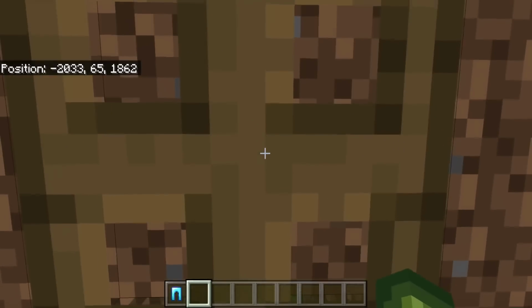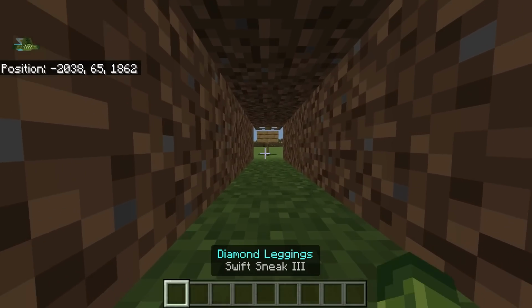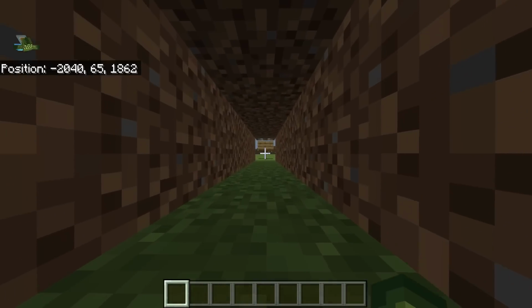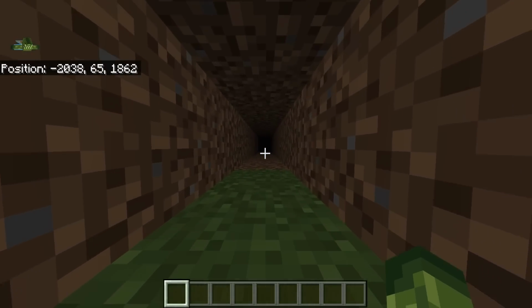So the default speed of this is this. And it's really, really slow. If you activate the Swift Sneak leggings, check it out, man. We got the zoomies. It's so much better, especially for players who do want to strip mine for finding diamonds. So it's really, really cool. And again, you can just take this off. And then if you want to put them on a little bit faster, you can. So yeah,